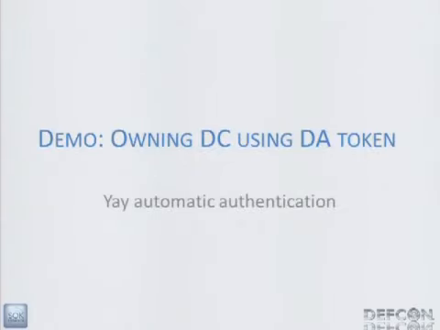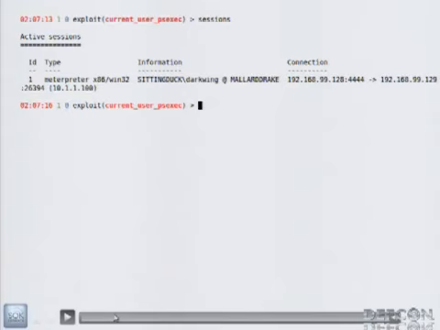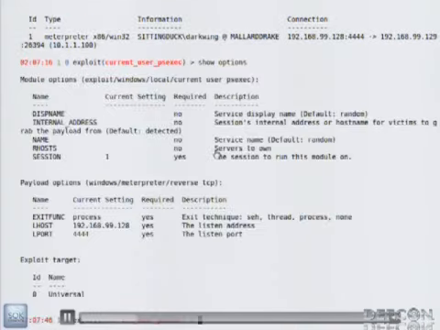So now, automatic authentication. We can see here that we're a domain user right there. And this user is a domain admin. We have his token.